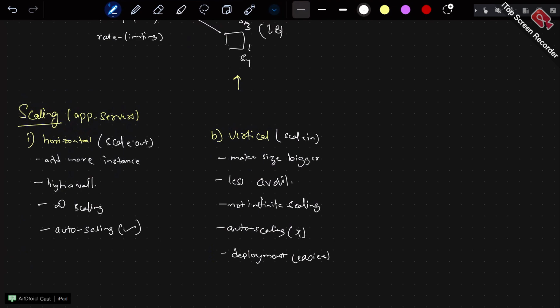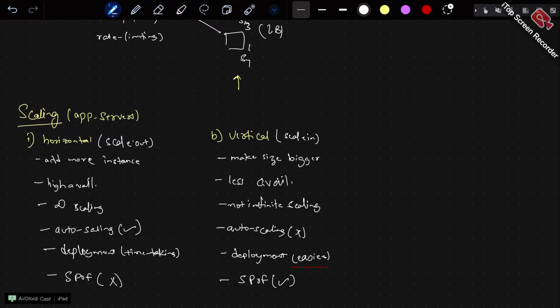And in case of this one, deployment is time taking. Now the next point is a very important point of horizontal scaling. Just remember this point. Have you heard of this term, SPOF? You will be hearing it a lot in microservice architecture. SPOF stands for single point of failure.